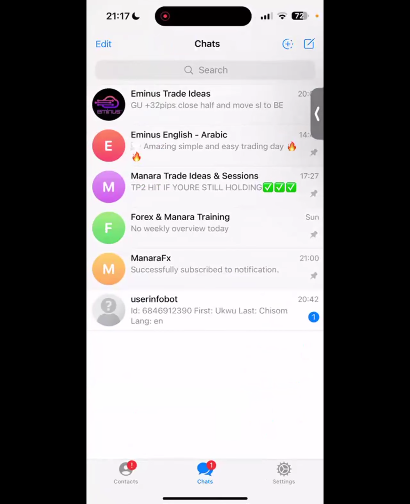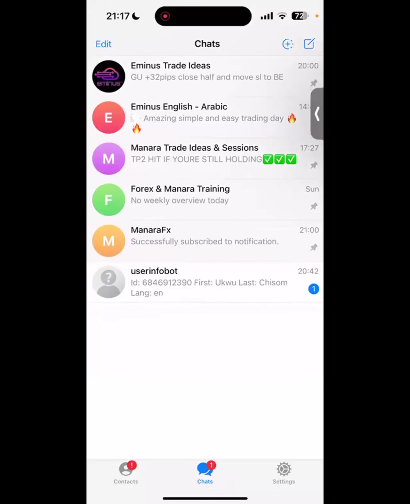So guys, on your Telegram groups, you're going to get trade ideas every single day. Why do we have a WhatsApp signal group? We have a WhatsApp signal group because we realized over time that a lot of persons don't pay attention to their Telegram groups. So we created a WhatsApp signal group to send ideas there. Now, the ideas that we send there are ideas that you also get on your Telegram groups. And also,